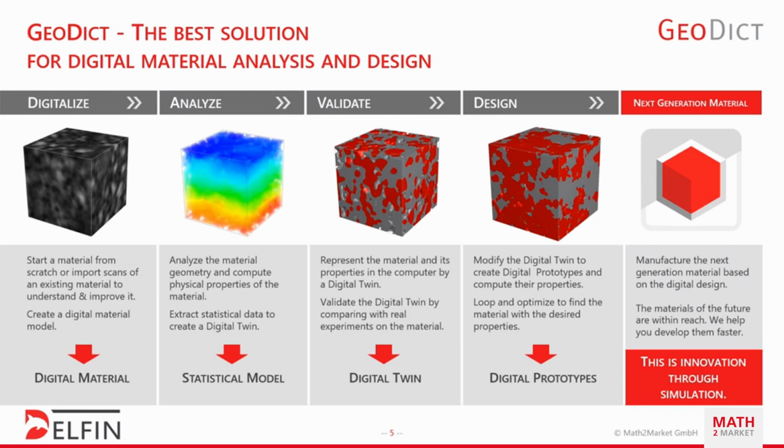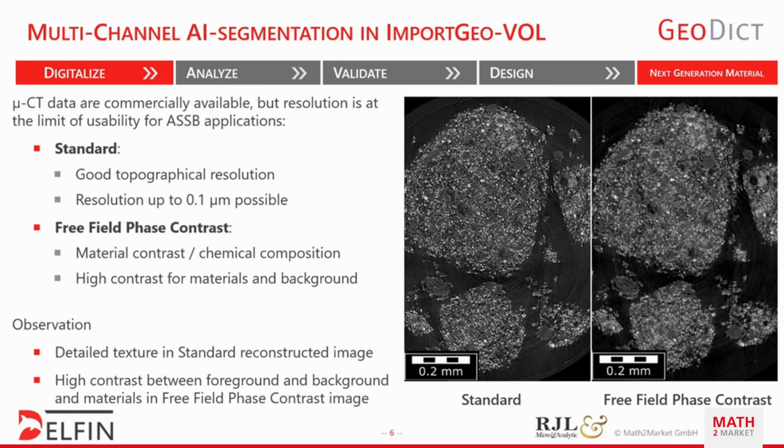So let's go through these steps one at a time. So first, about the digitization. Here we work together with a commercial partner. It's called RJL Micron Analytics, and they provide us with micro CT data of the materials which were produced by our partners at the Justus Liebig University in Gießen. And what we needed to do is two things. So first of all, the micro CT resolution is right on the edge of what you can use